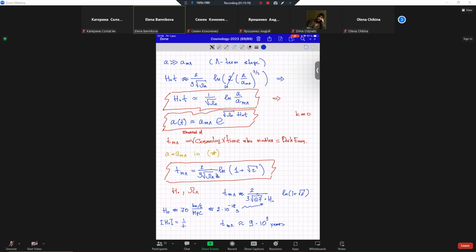So it means that when we speak about cosmological time, going from the birth of the universe to the present time, approximately we can write as a conclusion to this point. Conclusion. So that 9 billion years after